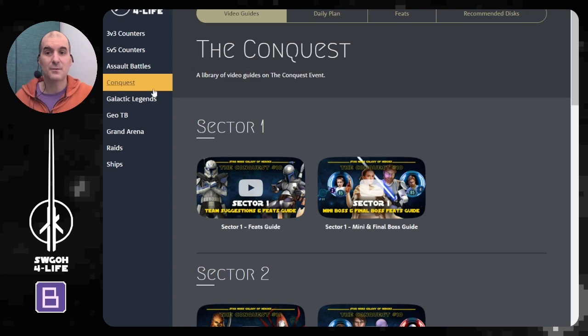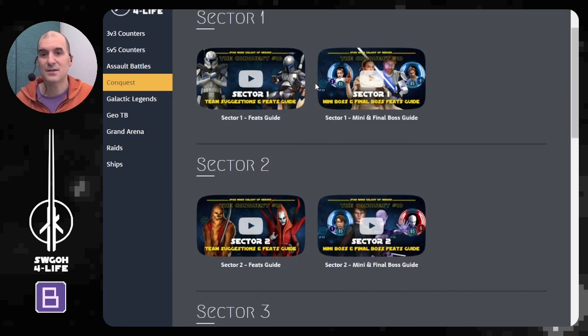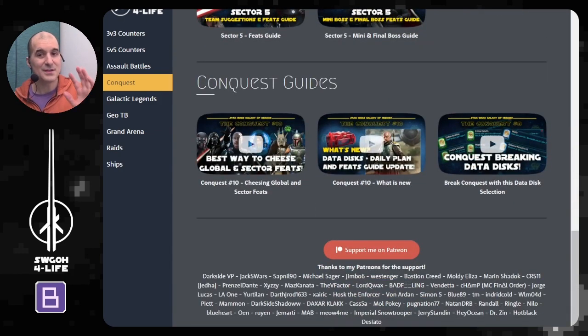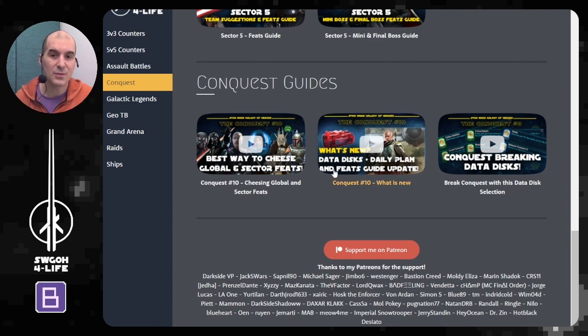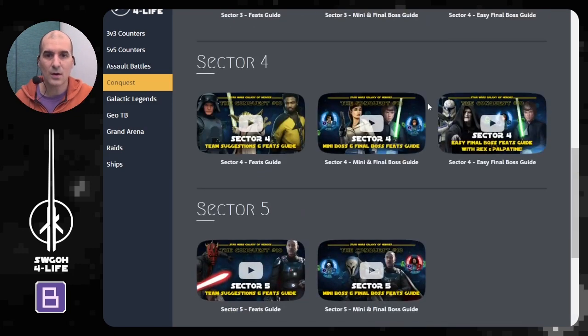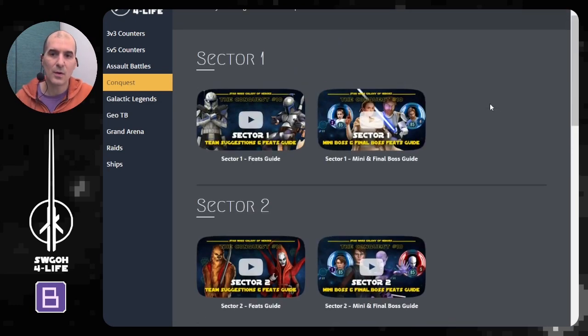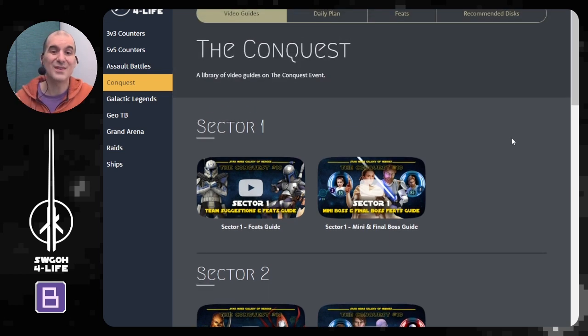Now if you need a reminder, here in the Conquest page you can see all the guides are created from Conquest number 10. Now bearing that Perseverance disc really is nerfed totally to the ground, as it looks like from the description, most of these will still work. If any of them obviously needs updating for Conquest 11, I'll go ahead and re-record that guide, but at least here you've got some starting point if you need a reminder of what to do for either sector, global or